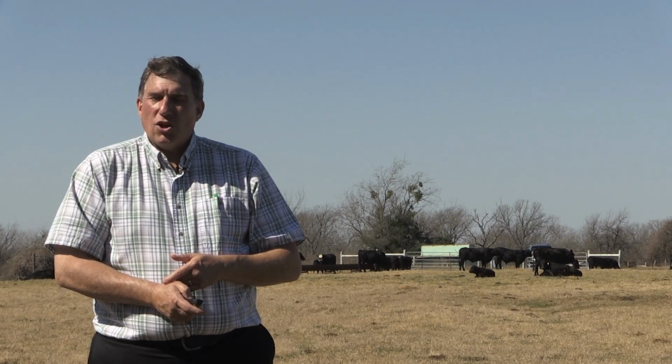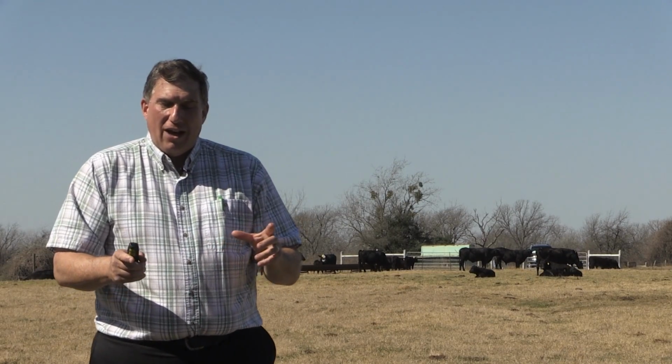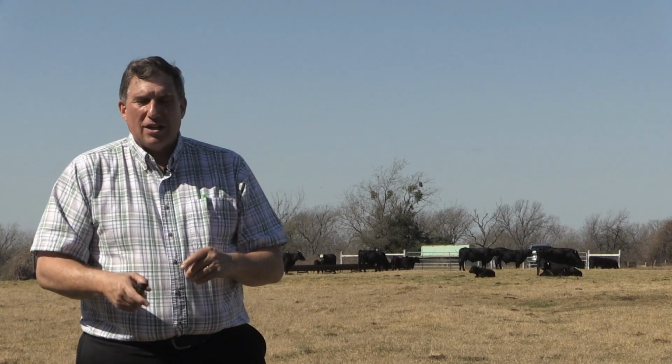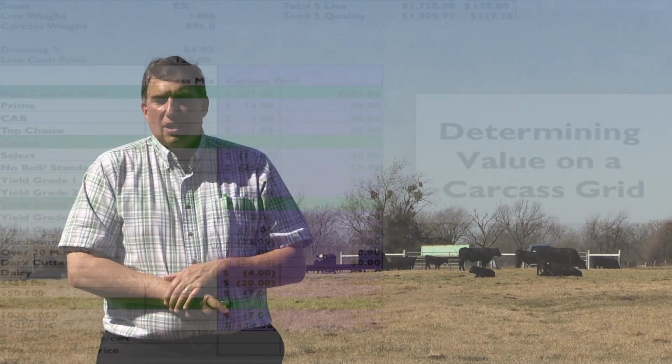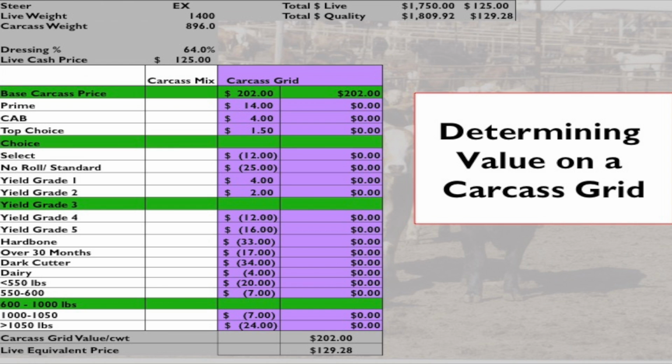All right, so let's now visit about how all of that is used in determining the value of an animal, and we're going to add to that a few other factors. So what I'm showing you now is a grid. This is a grid, and if you notice, it has a quality grading. It has, first of all, a base carcass price. That's the price that we then add or subtract premiums and discounts from based off of the individual qualities of